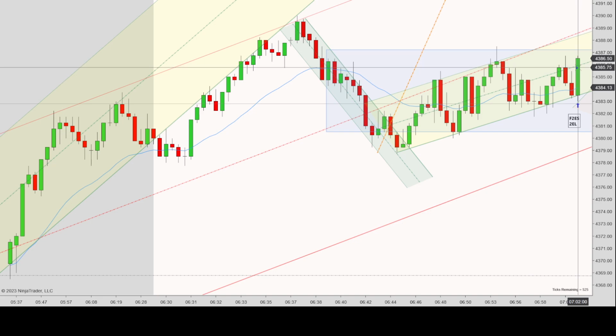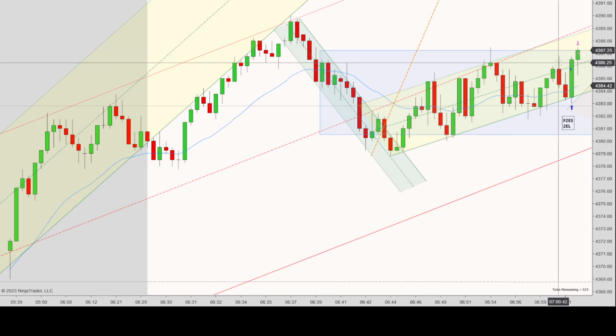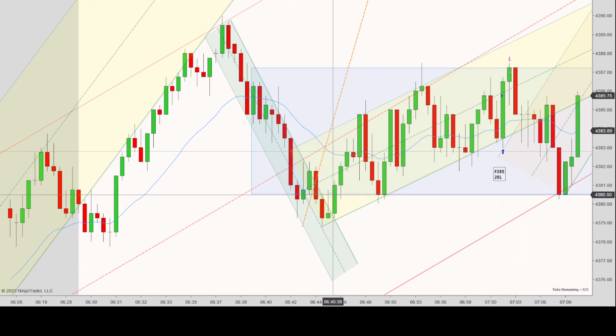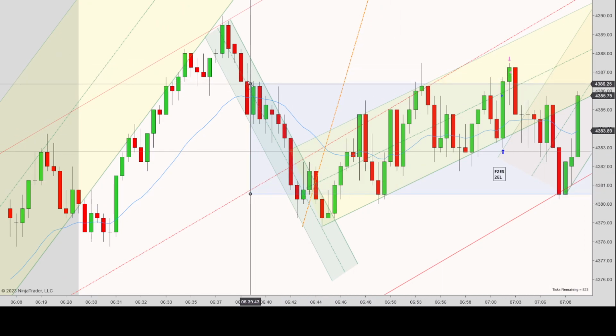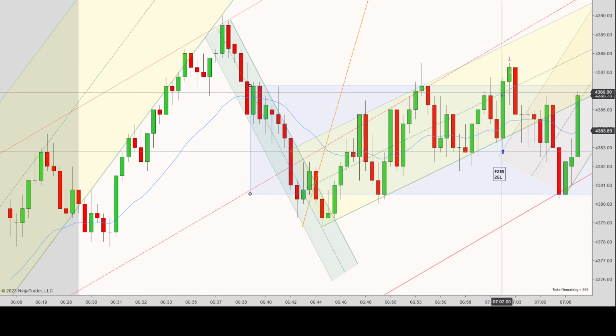So I entered here and was able to quickly get a scalp before I reached the top, which is what I wanted. Then prices continue moving, drops around. At this point, I'm thinking there is kind of a blue range here. I wasn't 100% sure where the top of it was because I was thinking at one time it was here. This is an overshoot, but that was after I already had taken this trade